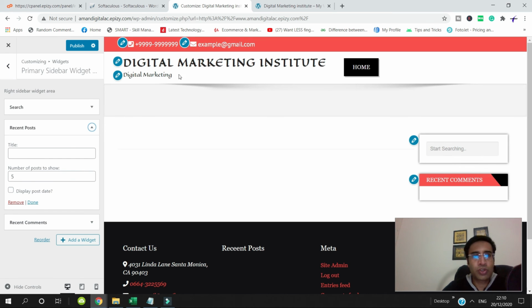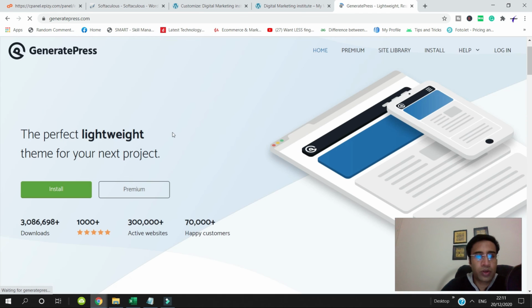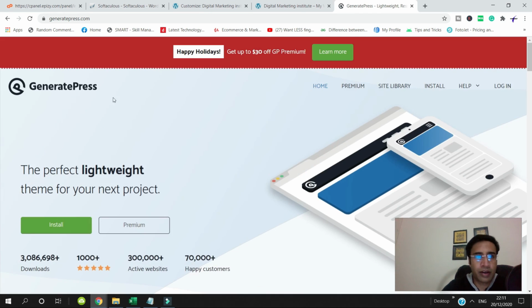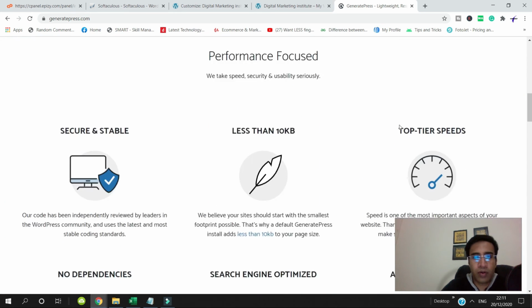Now since you have understood today how to install the theme and how you can activate it on the WordPress website, in the next session, as we were discussing before, I'm going to explain how to create the entire website in WordPress. With this free theme I'm not going to explain much, but since you wanted to use the free theme, you can use it. However, in the next session I'm going to explain WordPress website designing using the GeneratePress theme. You can see this is the GeneratePress website, and how much they are charging.